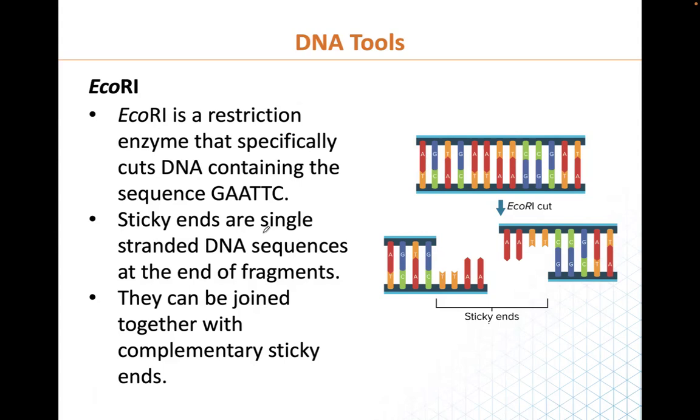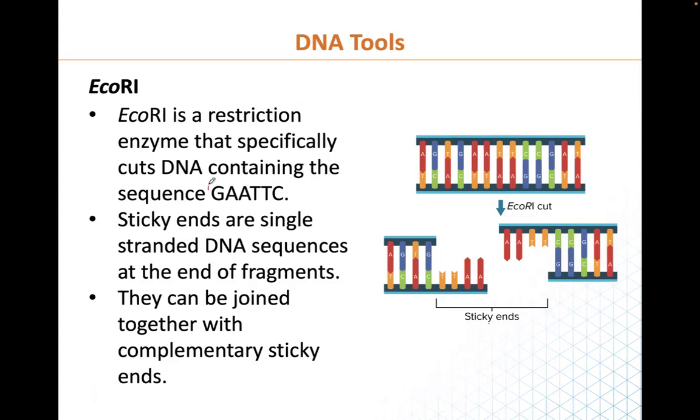EcoRI got its name because it's found in E. coli. This organism has a specific type, the R13 strain, and that's how we got the R, and the 1 means the first one we got. So EcoR1 is a restriction enzyme that specifically cuts DNA containing the sequence